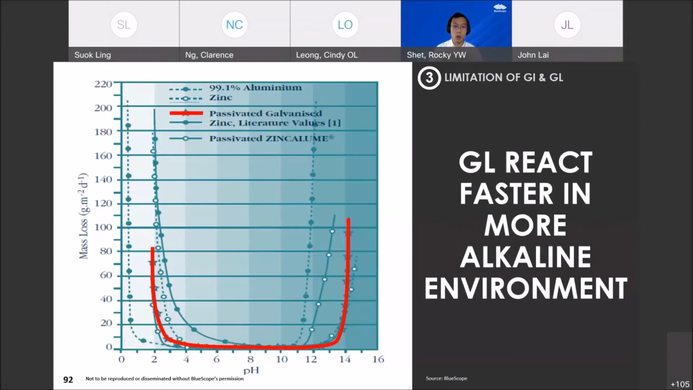And the y-axis is what we call mass loss, the coating reaction rate or wearing rate. The red color that I highlighted here is actually GI. So what you can see is that within the range of 2 to 14, the reaction rate is actually quite slow. Okay, so for GL, as highlighted in this blue line, it will wear faster in a more alkaline